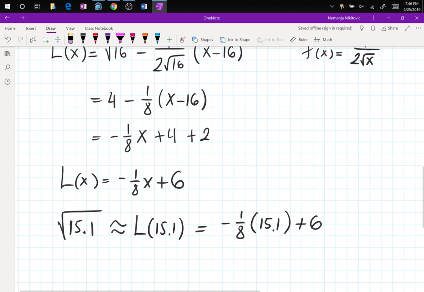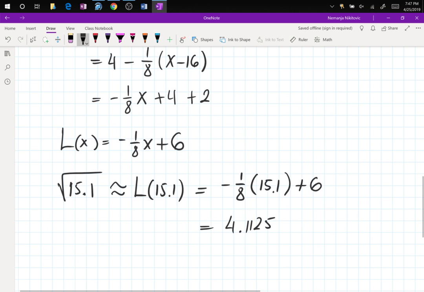So you do this simple calculation: 15.1 divided by 8, and then plus the 6. So the answer is 4.1125. I'll put it here, 4.1125. Now, calculator value